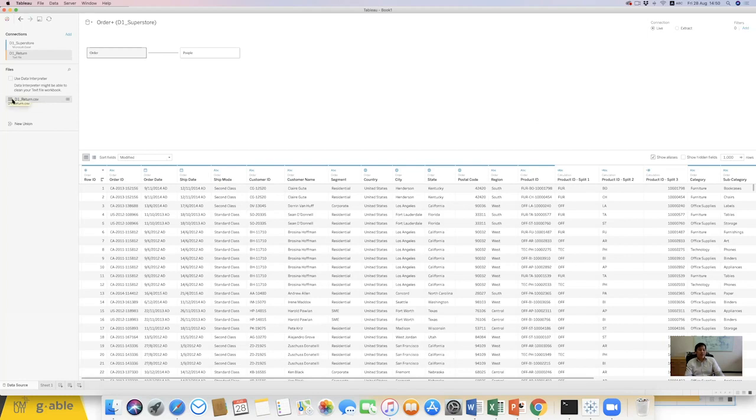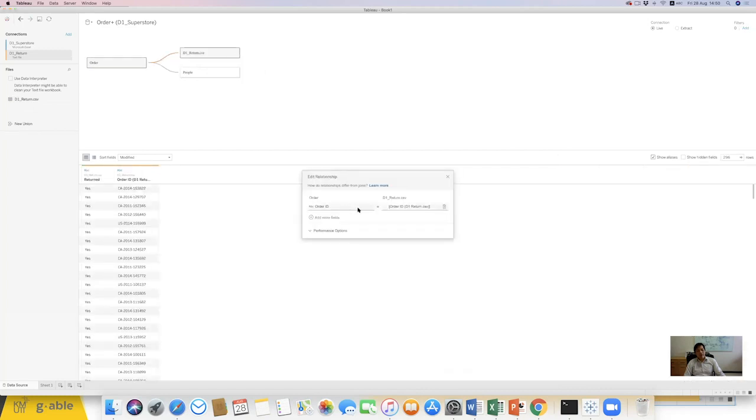Because why left join? Because if you do the inner join, you get only the returned items, right? But your data should contain more than returned items. So I'm going to just do the left join, putting it here and defining the joining type to be the left join, which can be done by